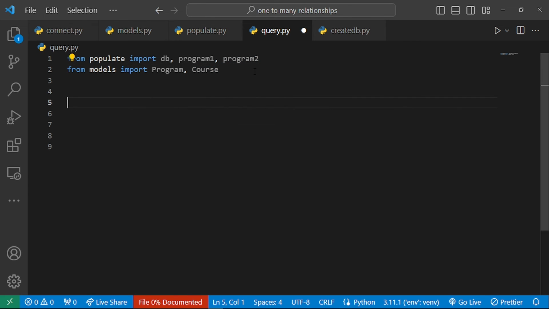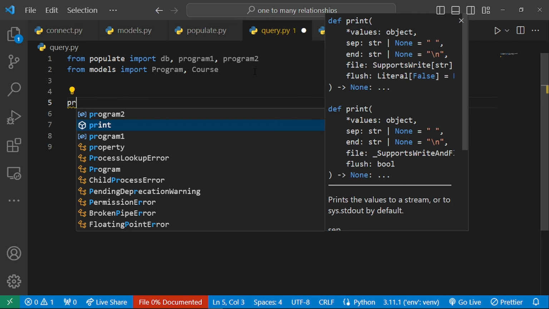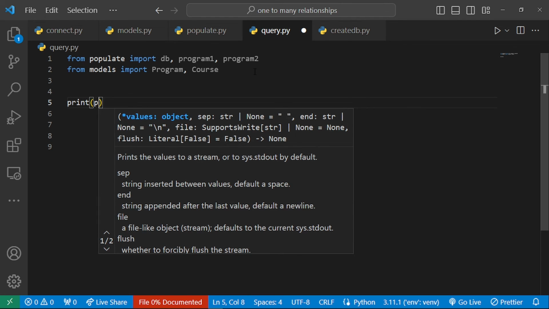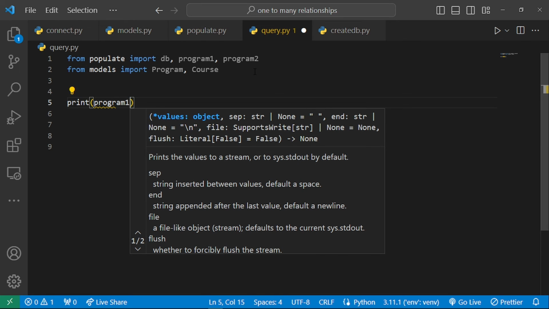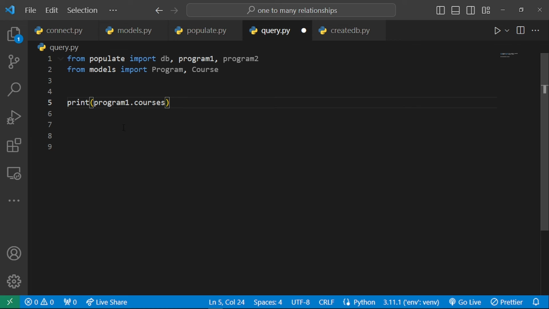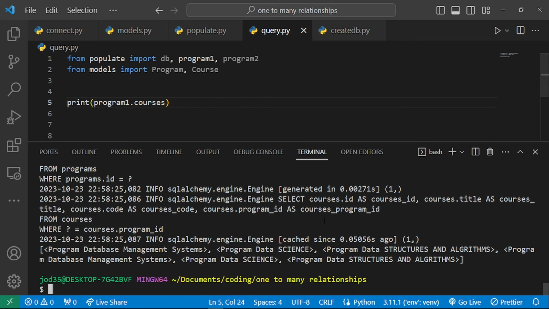Once we've been able to do that, if we want to access all courses that are specific to program 1, we can just say print program 1 dot courses, and this will be just enough for us to print all the courses that will be present within program 1. So if I save and run this, Python query.py, we shall see that this is going to return a list of